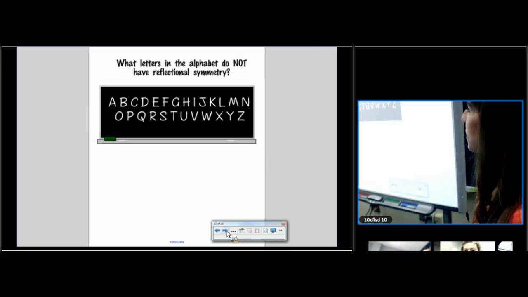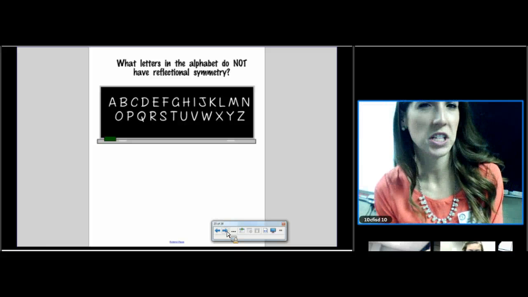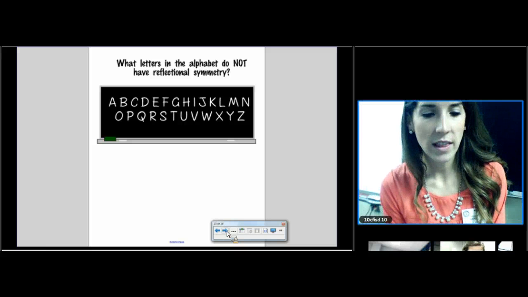Okay, what letters in the alphabet? Now this is kind of a weird font, so think of just if it was a normal font. What letters in the alphabet